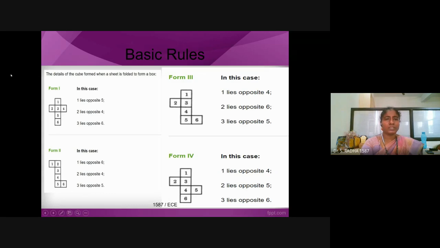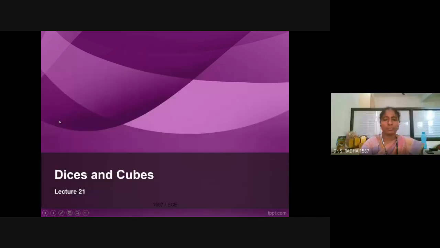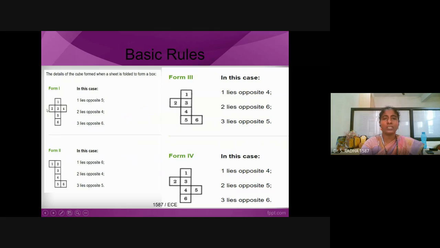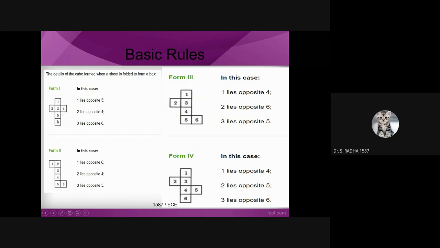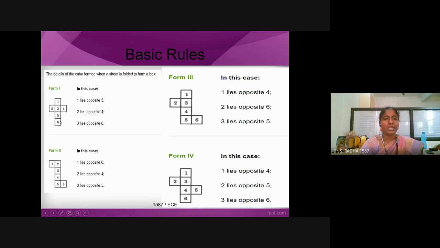This is the first. Some basic rules are there. If you fold this, we will get a cube. To fold this and get a cube, we can keep the 3 as base, and all the 4 sides we can just lift as the faces of the cube. 6 becomes top, and then a box will be formed. If 3 is the base, if you lift 2, 1, 4, 5 upwards, they become faces of the cube. And 6, if you cover it, becomes the top. So 3 and 6 will be opposite, and 2, 4 will be opposite faces. 1, 5 will be opposite faces in a cube.